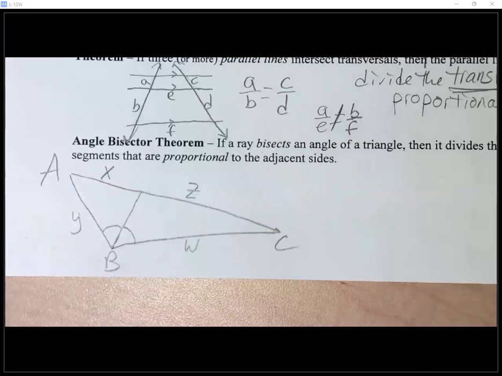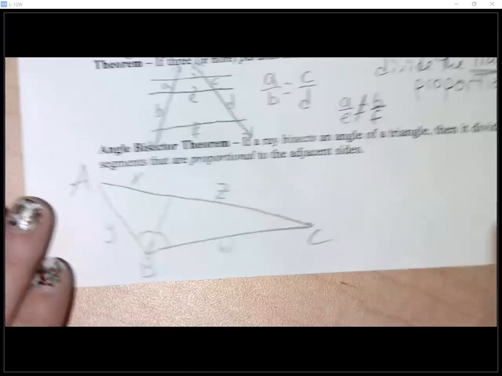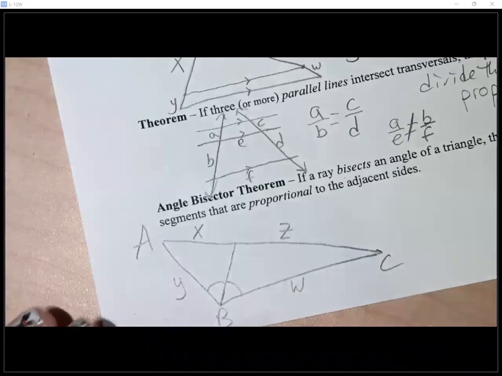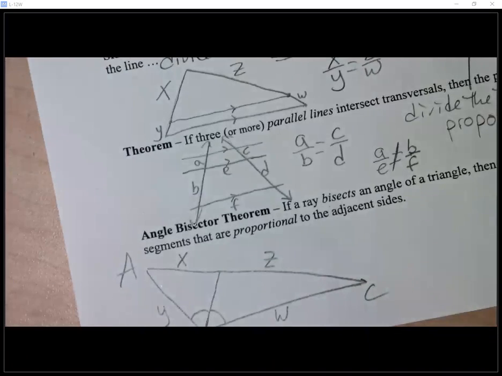So here is what this is saying. If you have an angle bisector, the pieces are going to be set up in a proportion, and the easiest way to do it, instead of trying to dissect what these words mean, watch this. Take the angle that's being bisected and point it towards you or away from you, it doesn't matter, but I like to point it towards me. And then I literally just,